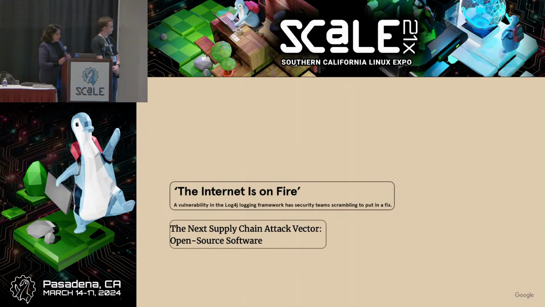A vulnerability in Log4j, an open source project relied upon by a huge portion of the Java ecosystem, sent developers around the world scrambling to patch an accidental bug that opened a major security risk across the entire ecosystem.